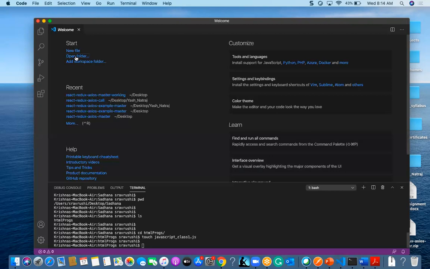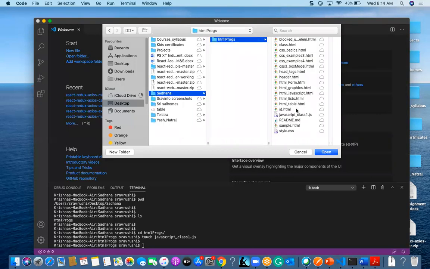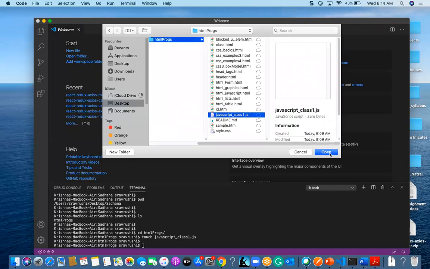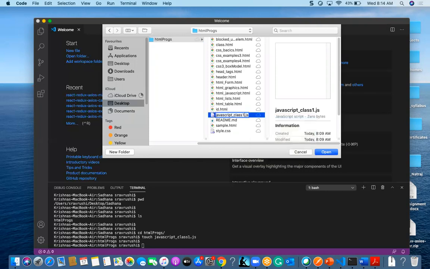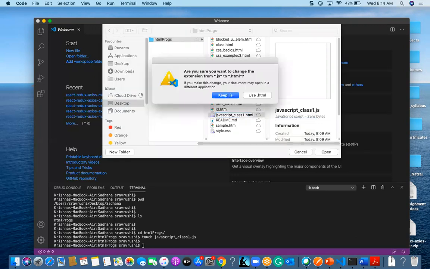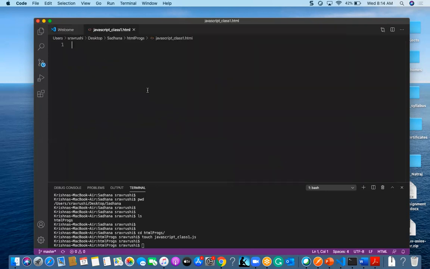Okay, I will rename this file to an HTML file. What is the first tag?